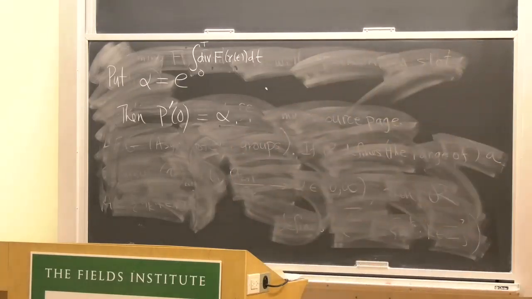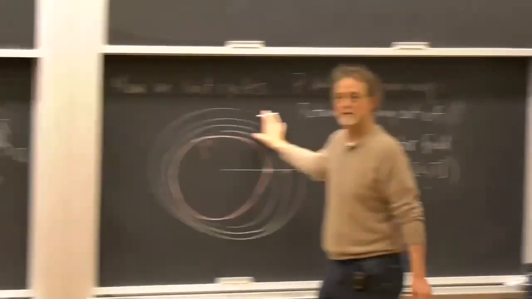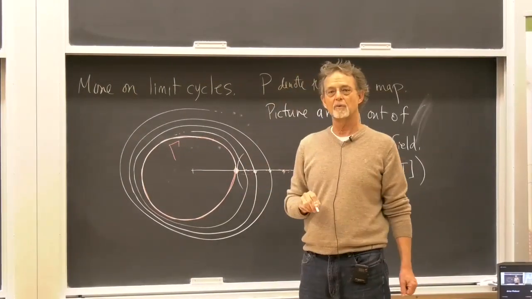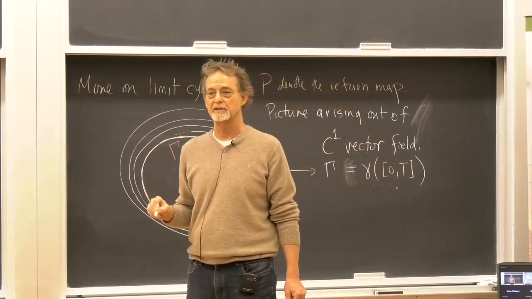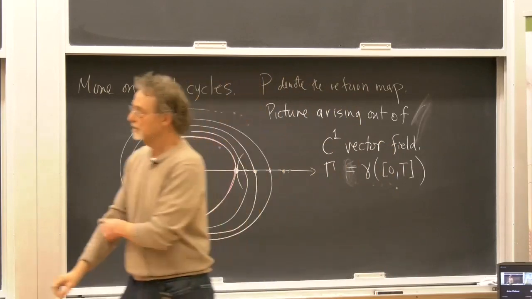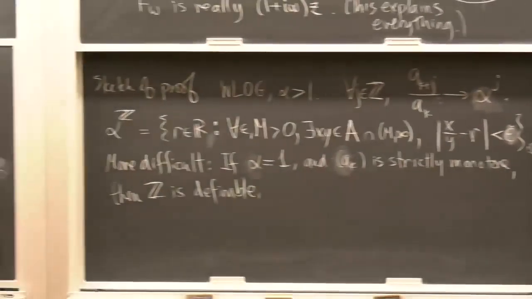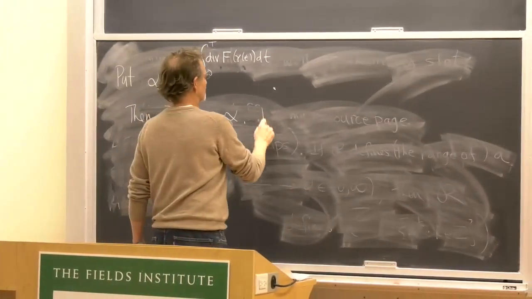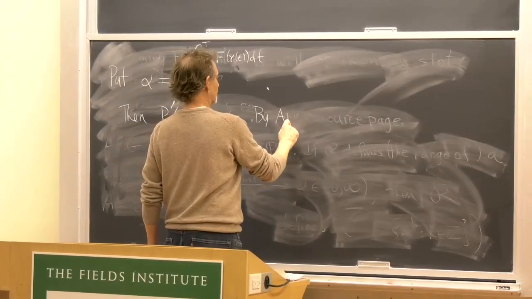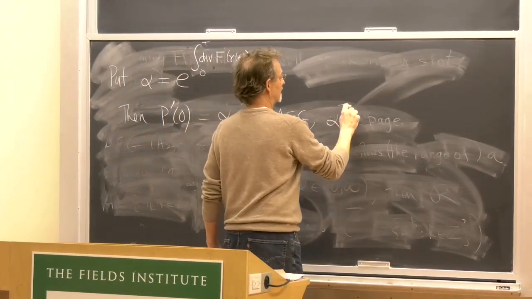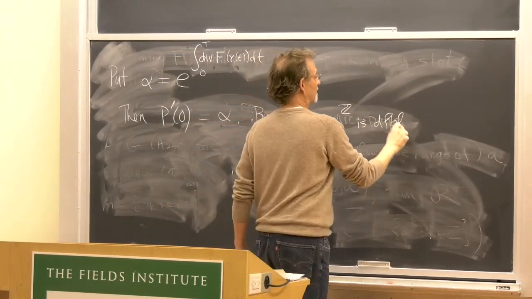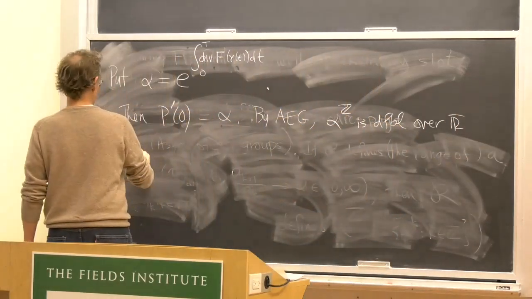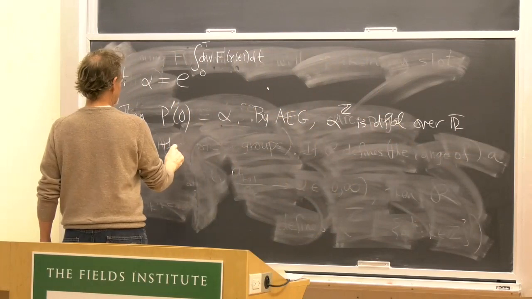Okay, so if I have this trajectory, then these intersection points are coming in a way that I can use asymptotic expansion of groups on it to conclude that this alpha z is definable. And of course, if it's 0, then it's 1, so we don't know anything. But so we can say by asymptotic extraction of groups, alpha z is definable over R from the spiraling, from the trajectory that spirals in